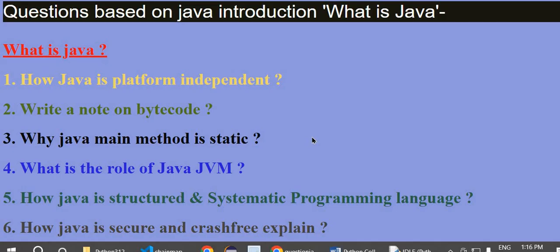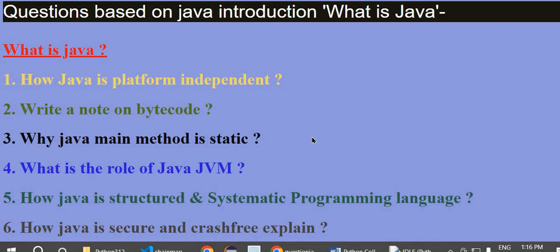What we want is that the main method should be available with the class creation itself. As Java main is static, whenever your class is created, JVM can call it. If it is not static, it will not be object independent; it will have to depend on the object.